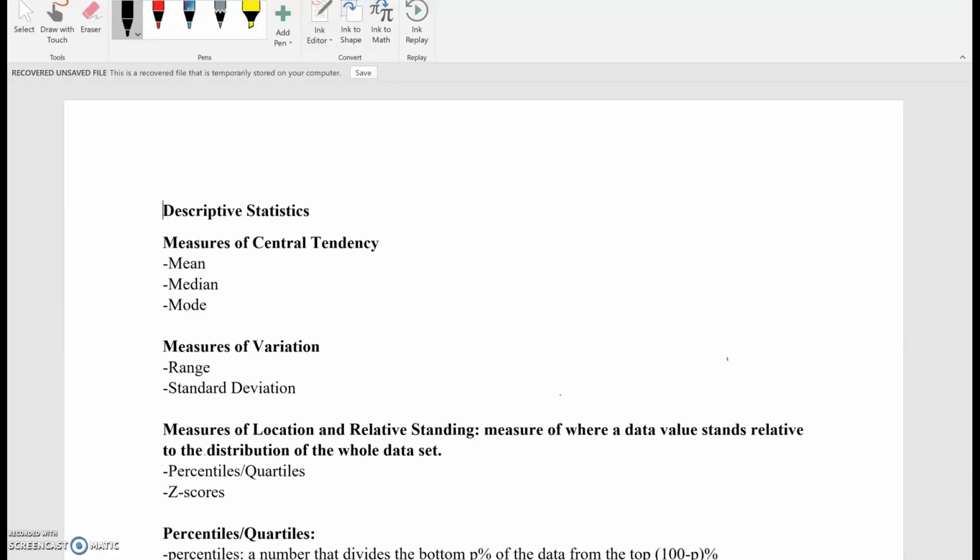Okay, so in class, we talked about two different measures, the measures of central tendency and the measures of variation. Now, the measures of central tendency, we're just talking about what does my data look like in the center. So if I have some sort of data, if I graphed it and I had something that looked like that, what is the most typical value? And the way that we were able to describe that or quantify it is using the mean, the median, and